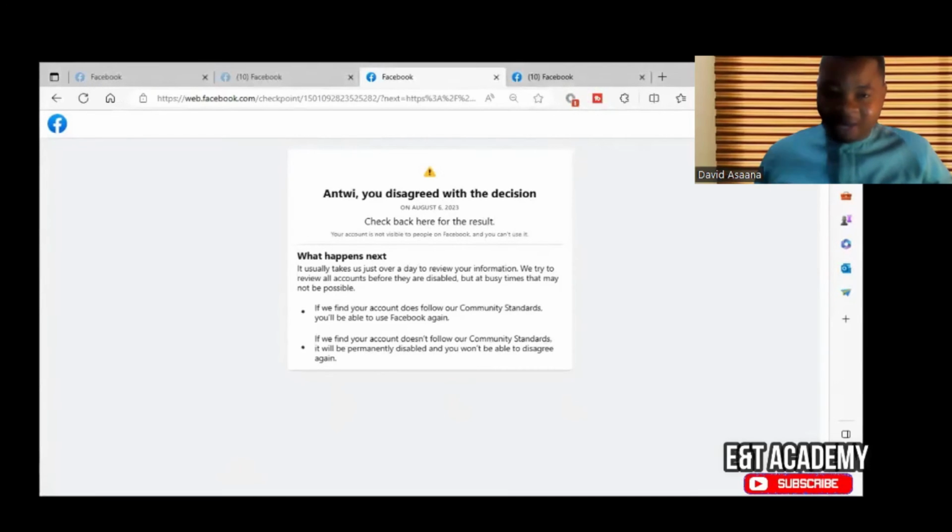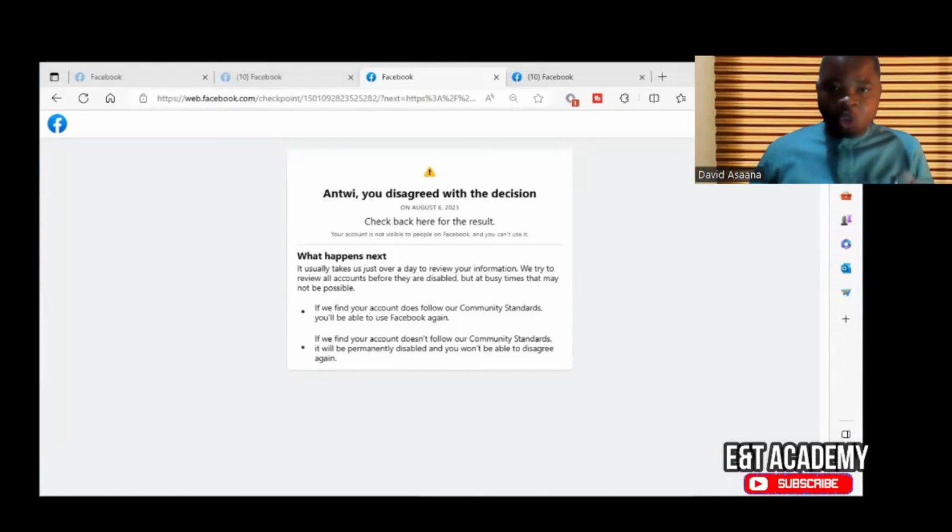Before I show you the reinstated account, let me tell you this. When you are doing the appeal, sometimes they may ask you to submit your ID card, apart from just submitting your picture. They will look at the name, the birth date, and your gender on your ID card.